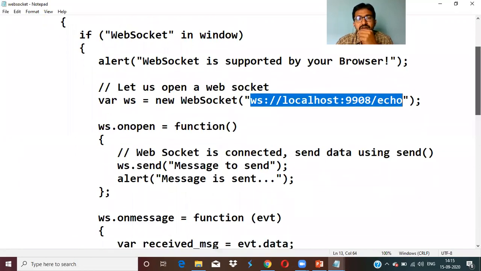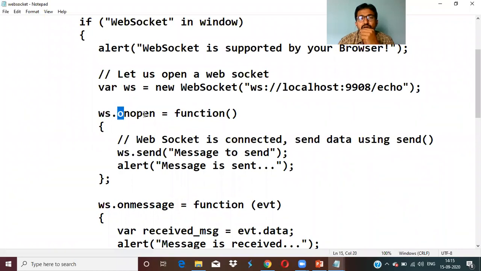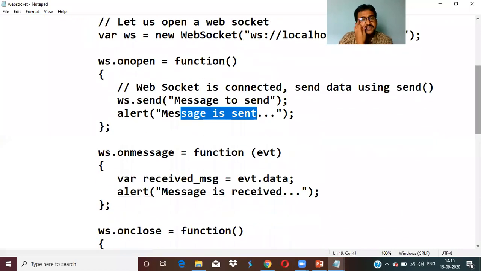This is only for connecting the socket. The next is open. ws is the object which we have created here. ws.onopen equal to function. We are writing a function to send a message. So alert message is sent. If it is sent successfully, we will get the message sent.